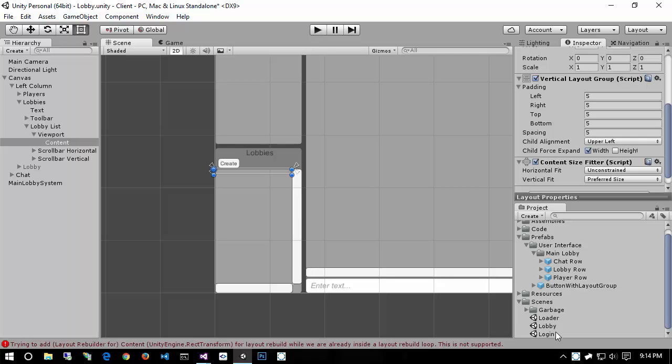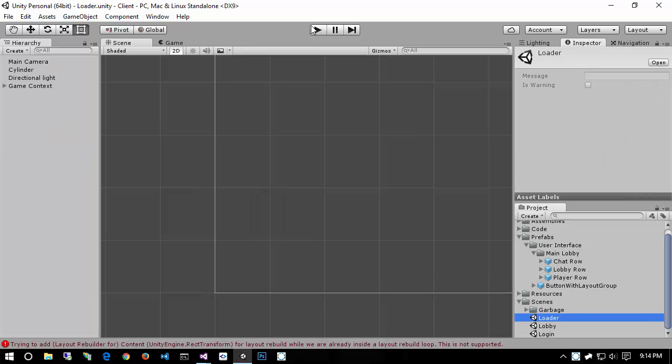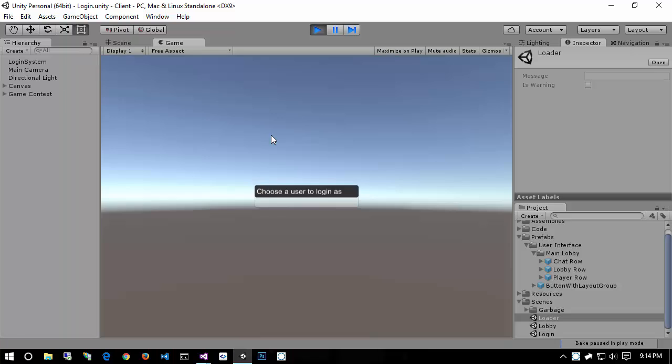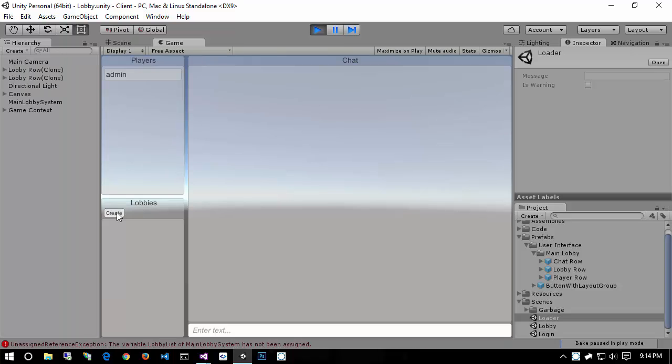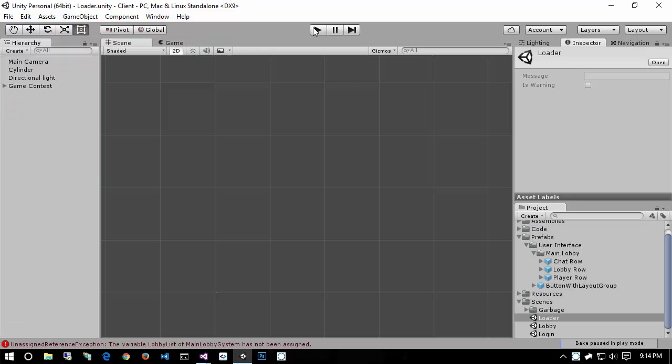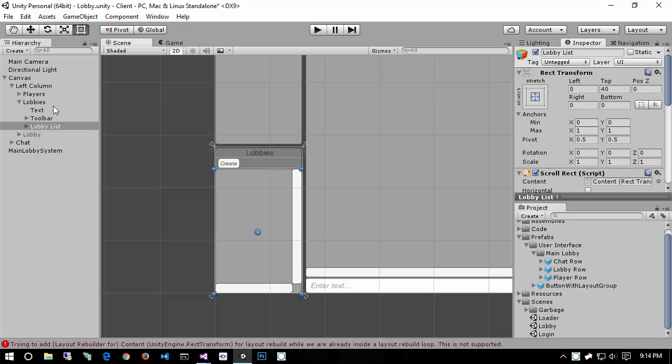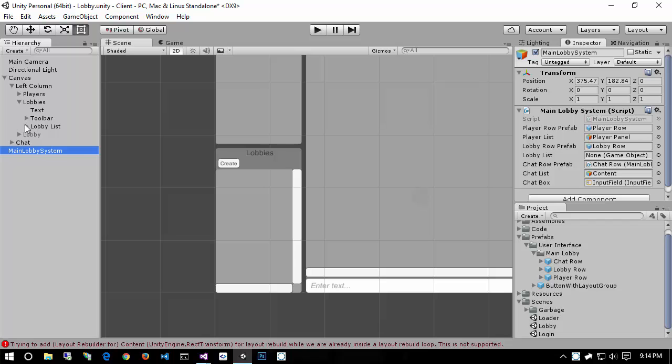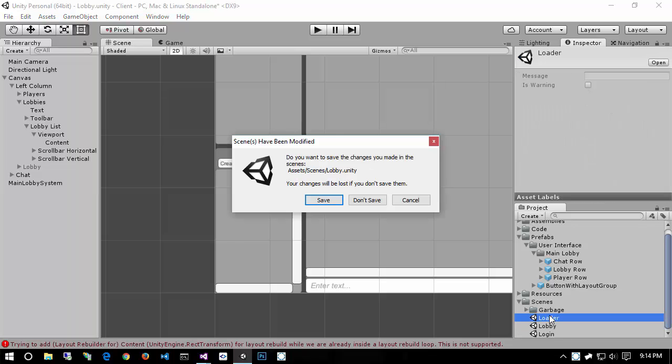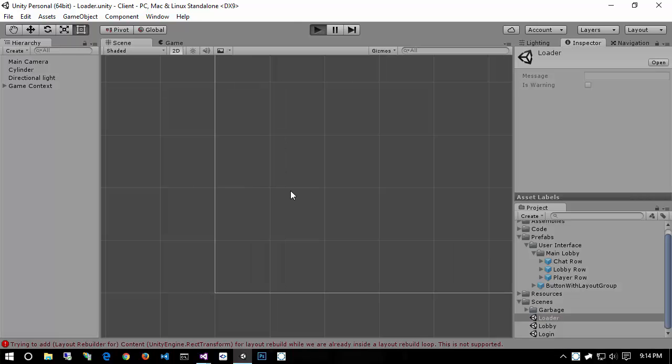Jump into our loader. Hit save, hit play, and create a bunch of lobbies. And of course, I totally forgot to do the thing again, didn't I? Jump back into lobby, click on our main lobby system. For our viewport content, remember, we're wanting to add it to the content, not to the lobby list. Drag content over into the lobby list game objects. That's where those objects will be added to. Jump back into our loader. Hit save, hit play,